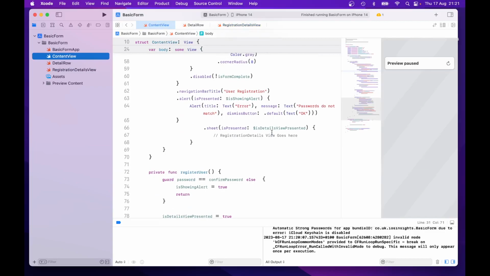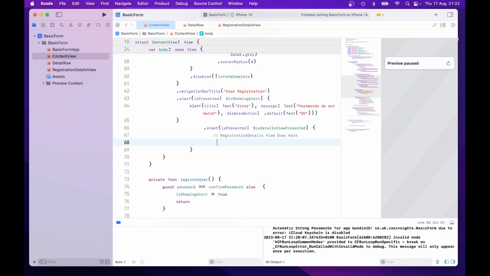Oh, so what the problem is, on line 67 we haven't passed the actual information to the registration details view. That's why the information was blank on the registration details view when we clicked on the button. So that's what we'll do now. So go back to the content view and on line 67 just add the following: